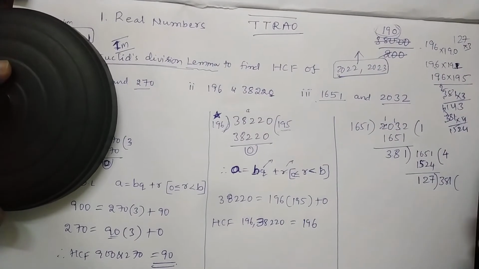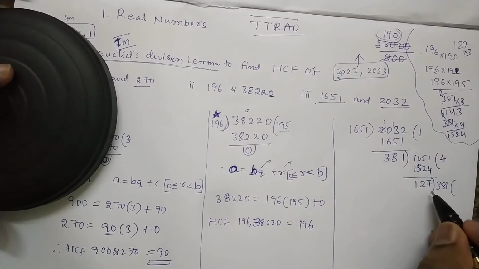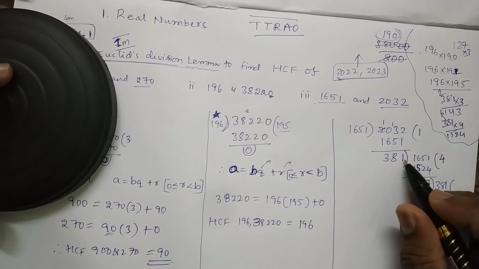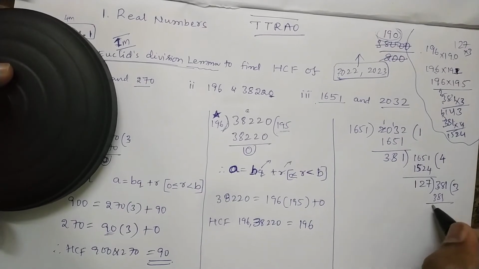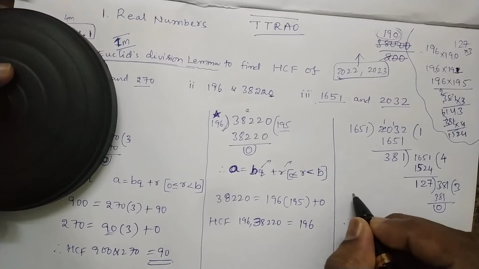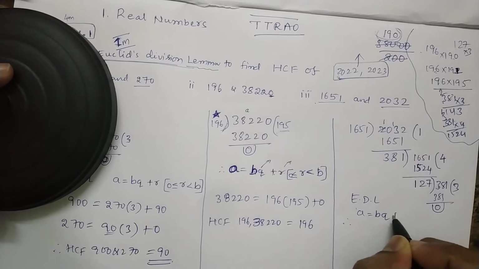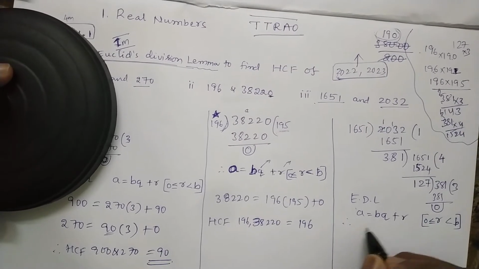Right. As I told you previously, as you divide here you get 127. Since it is not a remainder, not a 0, now bring the 381 here. Dividend will become divisor. So 127 times 3 is equal to 381, so the remainder equals 0. Now, Euclid division lemma says A is equal to BQ plus R, where the remainder is always less than the divisor but greater than or equal to 0. So therefore let us write